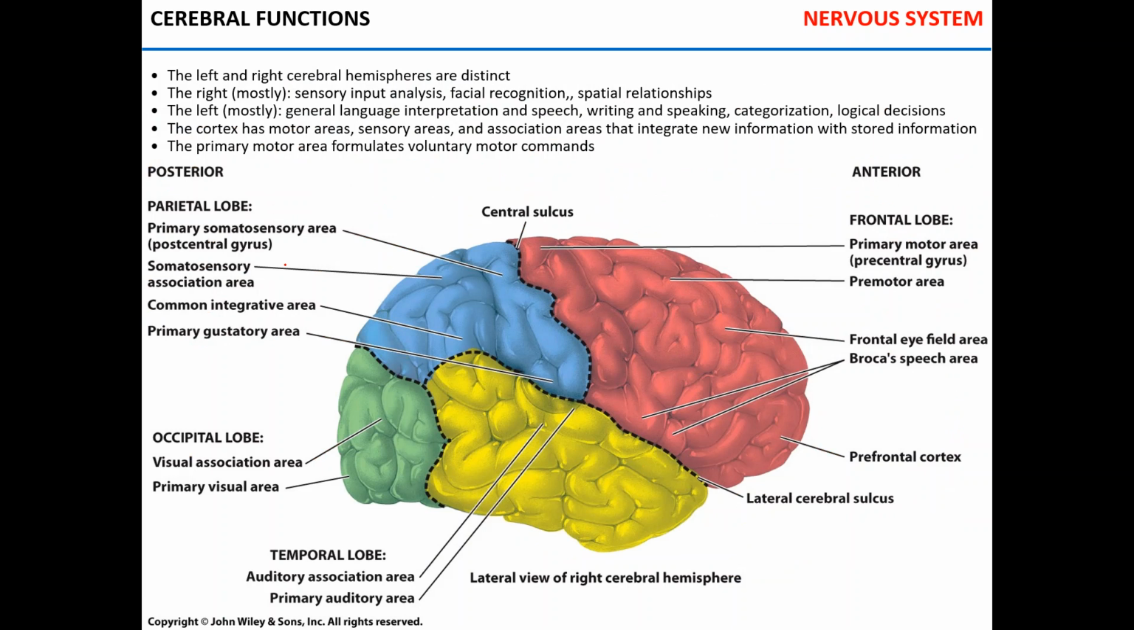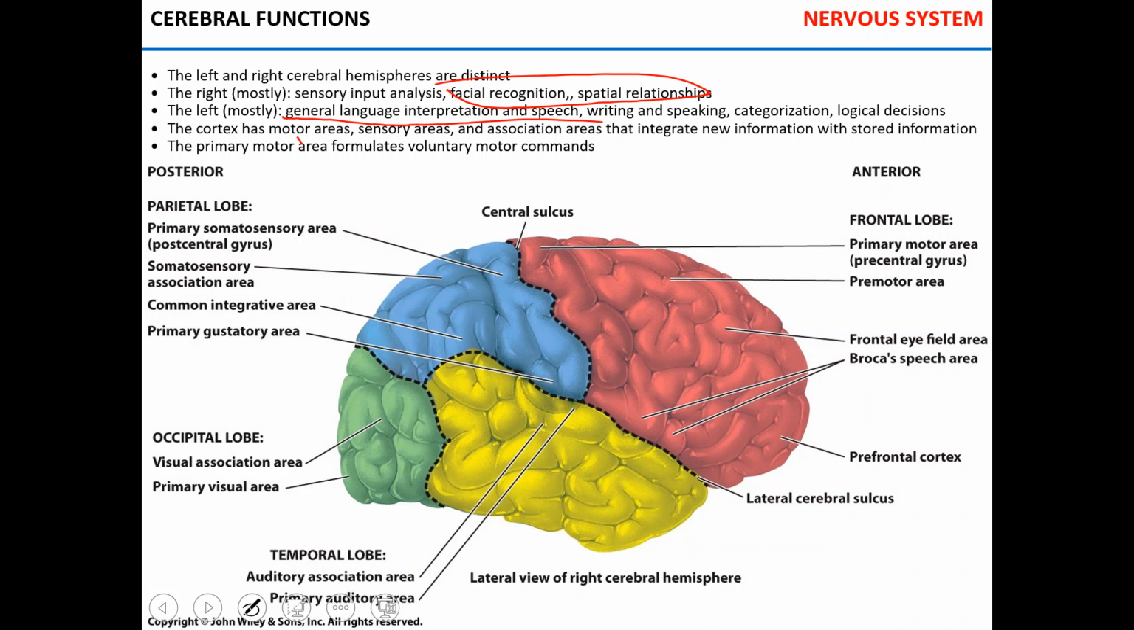So what are the functions of the nervous system? Well, first of all, the brain is separated into two cerebral hemispheres, left and right. And it turns out that they are slightly different in terms of function. The right hemisphere is mostly responsible for facial recognition and spatial relationships, while the left is responsible for the interpretation of language, speech, logical